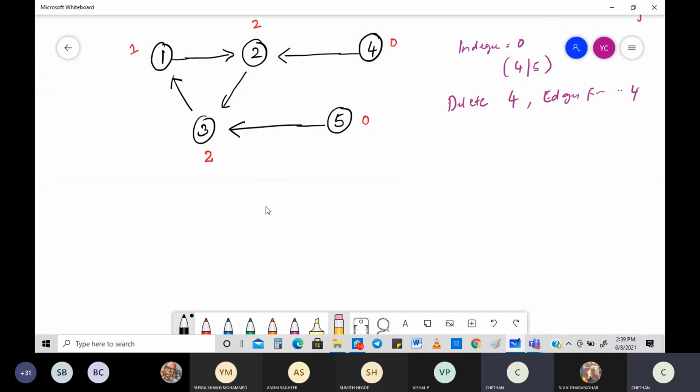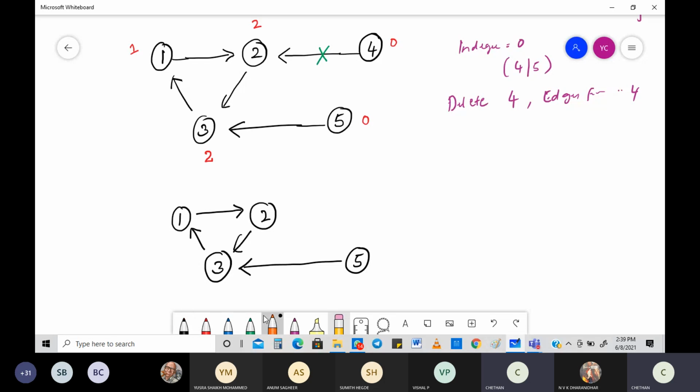When I delete 4, there's a 2, there's a 1, and of course there's a 3 and a 5. 4 will not be there. The edge that will be deleted is this one. The rest will all be there like that, without any problem. Is there any other edge to be deleted? No, everything is all fine.